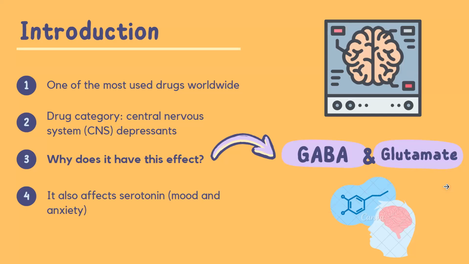Alcohol also inhibits the activity of glutamate, which is an excitatory neurotransmitter, so this contributes to its sedative effects as well. While alcohol's effects on GABA are the most talked about, it also affects other neurotransmitters like serotonin and dopamine. Serotonin is involved in regulation of mood and anxiety, so when someone starts drinking, elevated serotonin levels can cause positive feelings. But continued drinking disrupts serotonin's activity and it can lead to mood disturbances.